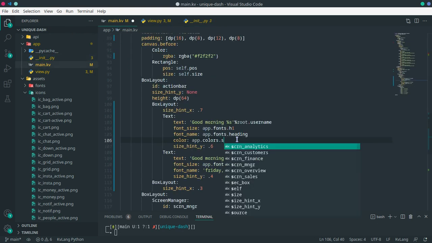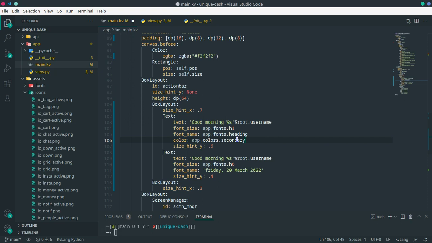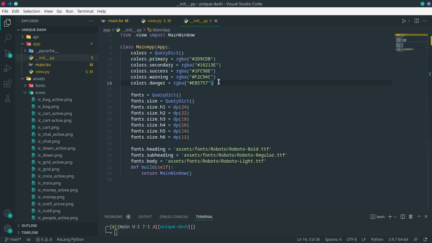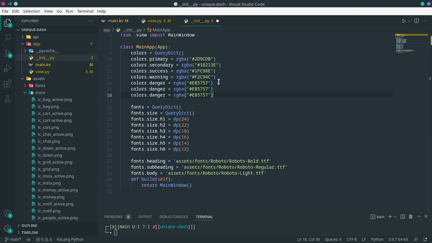So app.colors.secondary, and then I think we should actually just add the grays here. So C4, C4, C4, F2, F2, F2, and this is gray dark, gray light,